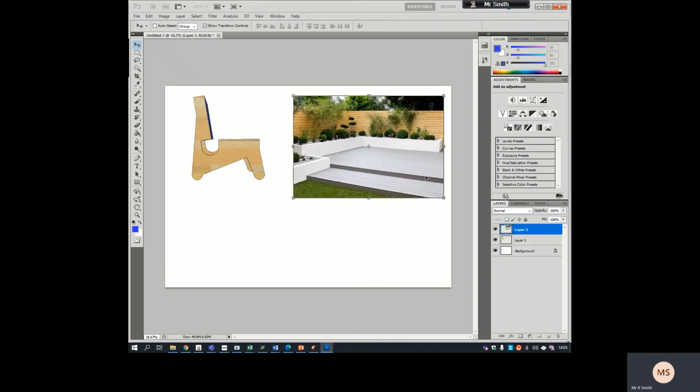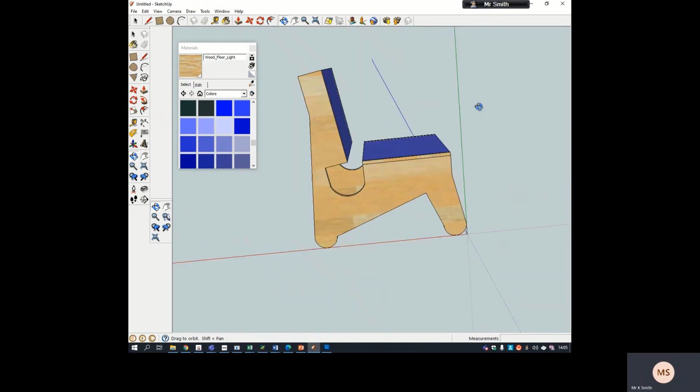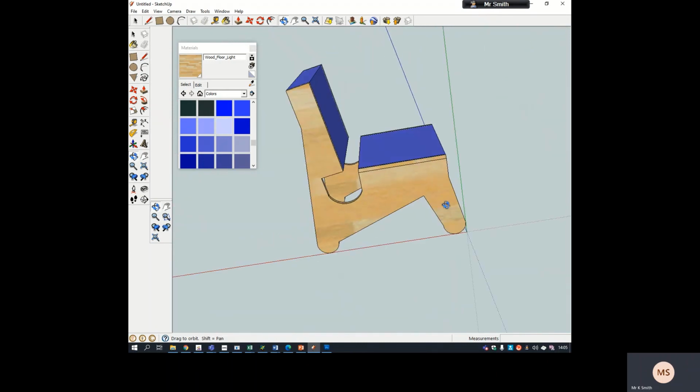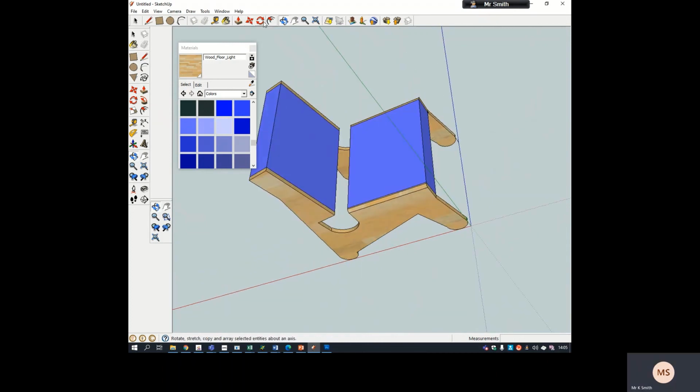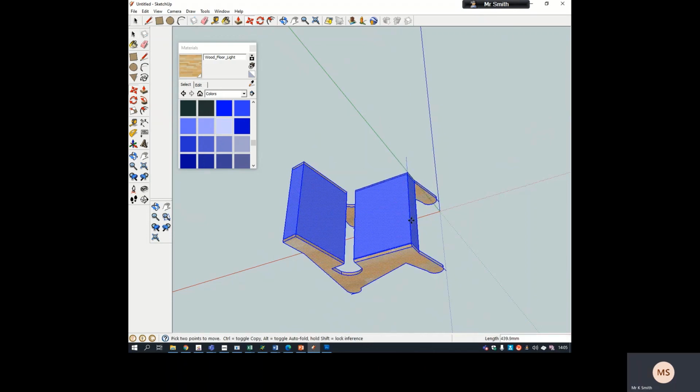So I need to turn my Google Sketchup image into a good location that matches that direction. If I rotate it around, it struggles to get into a good location, and the reason why is because I've drawn it kind of from a side view. So what I'm going to do is use this tool, which is the rotate, once I've selected the whole thing. So use the select tool, select around the whole thing,